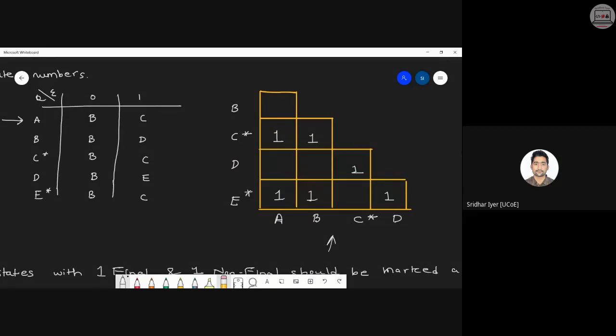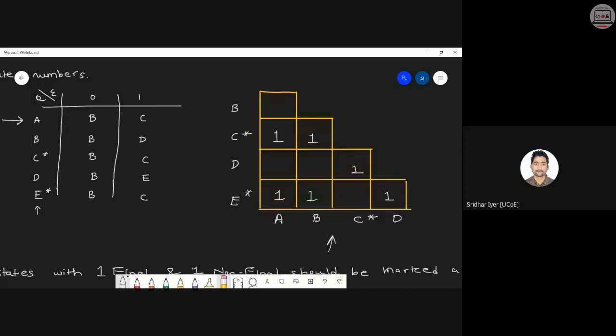It is a 4 by 4 structure, but you can see there are 5 states. So how we got it? Basically, you have to omit the start state over here. As you can see, A is the start state, but I'm beginning from B till E. So it is B, C, D, and E. But along the columns, you can see that I have omitted the last state which is present in the table, that is E. This is the basic rule that we follow. While naming the rows, omit the start state, and while naming the columns, omit the last state, whichever is the last state, whether it is final, non-final, whatever it is. So I have written A, B, C, D over here.